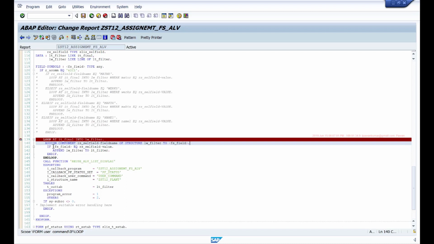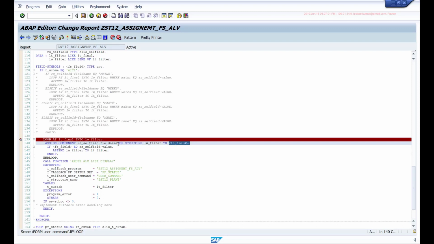If you try to access a field symbol that is not assigned, okay, since we are determining that this field name exists in this structure dynamically and assigning it here, if you pass a field name that doesn't exist in this structure, then this field symbol will not be assigned, right?